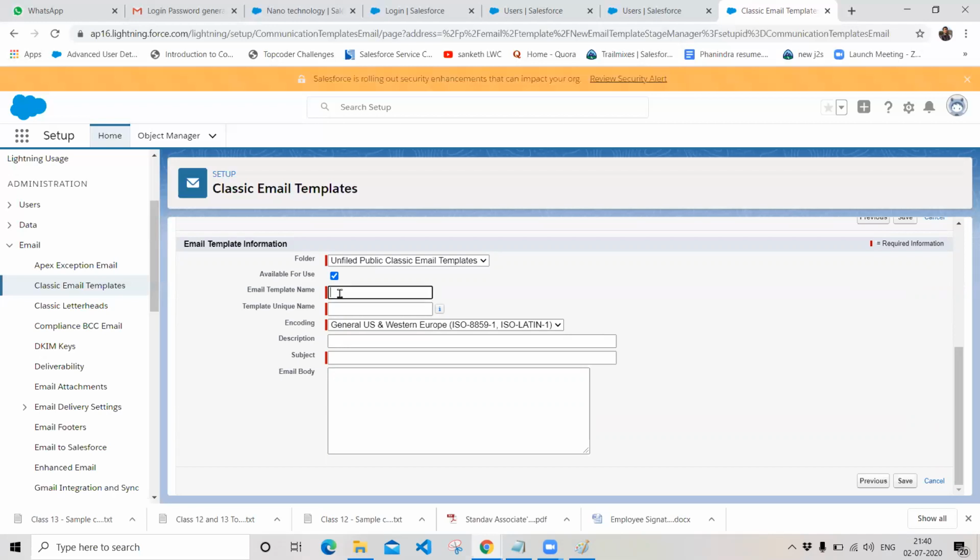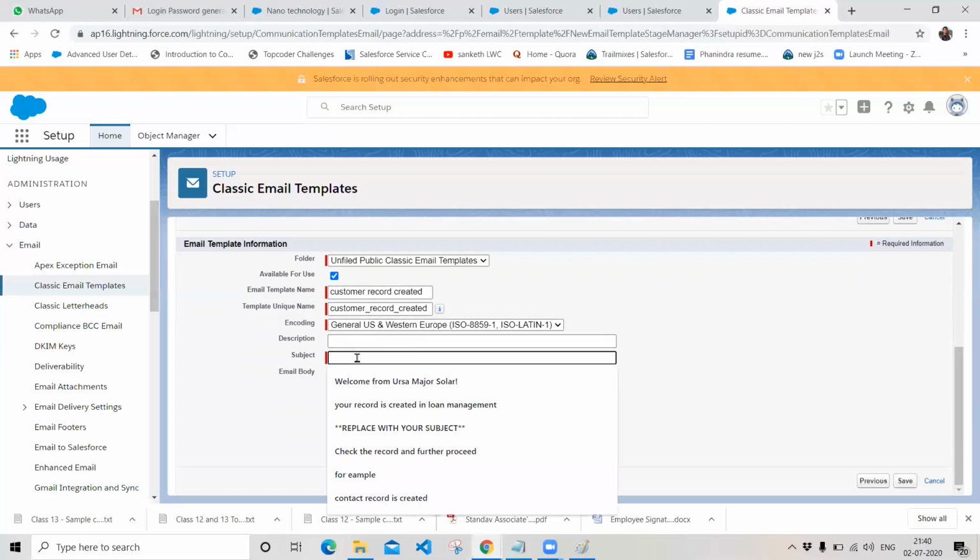And choose your email template name, customer record created. So this is my email template name, and the template unique name will automatically pop up with respect to your email template name. And specify your subject, specify the subject of your email.